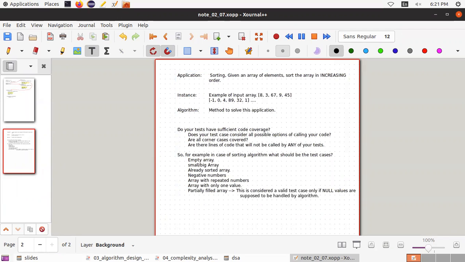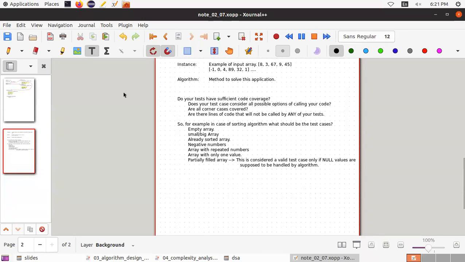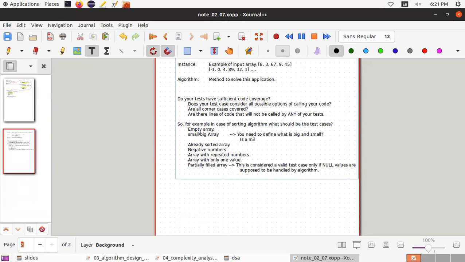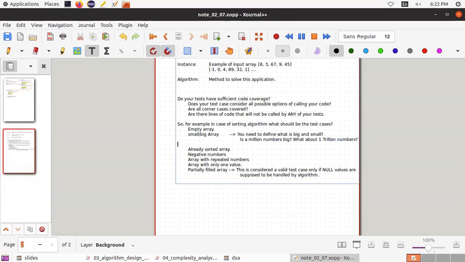Yeah, well, our friend Venant was not very specific. Therefore, this is not usually. Yeah, so here I was actually going to add a comment. Very good observation, Evelyn. So what is meant by big and small? That was not very clear. So what do you mean by small array and big array? If you have a million numbers, is that big? What about 1 trillion numbers? So what is big? So unless and until that is clear,